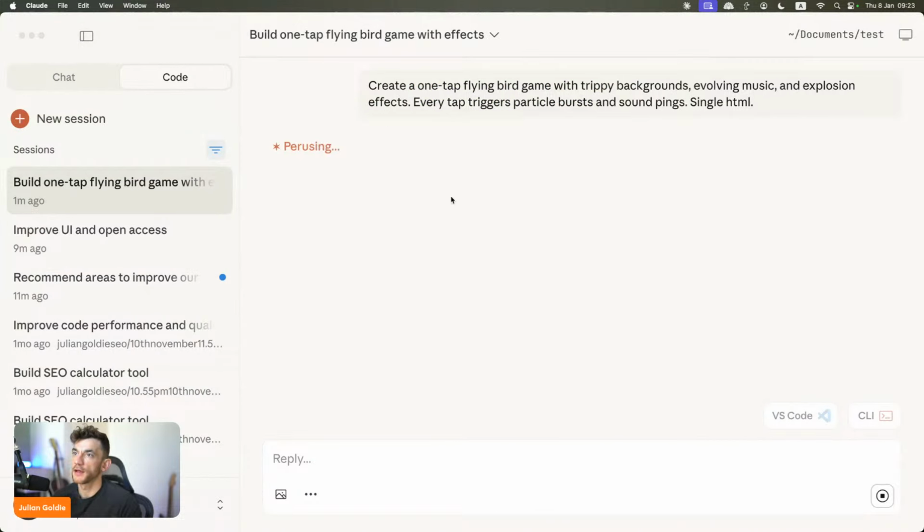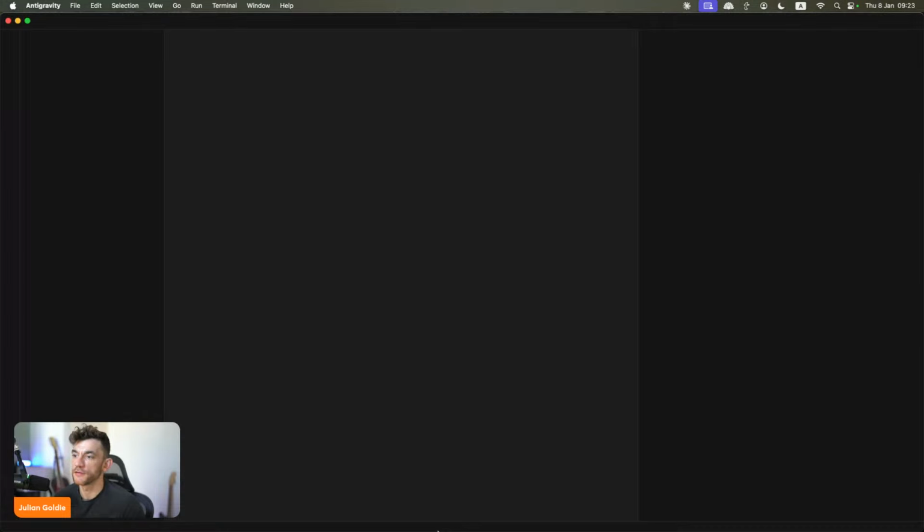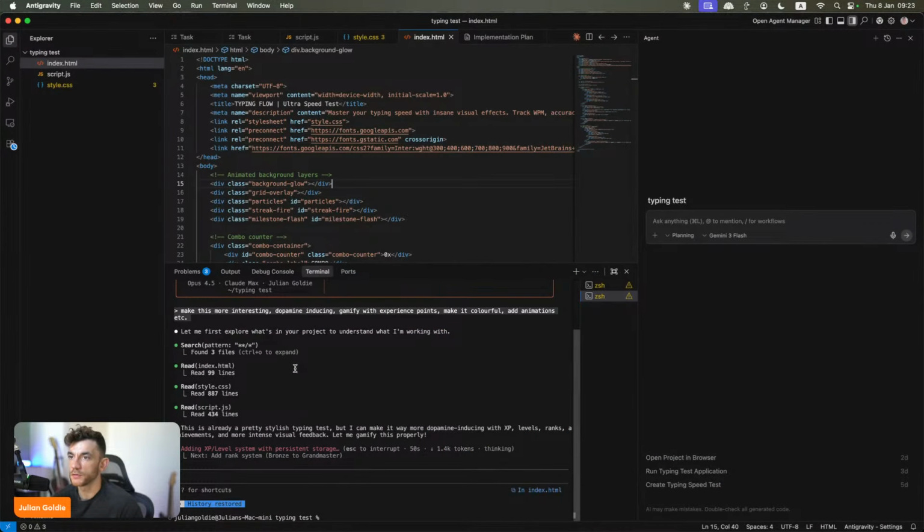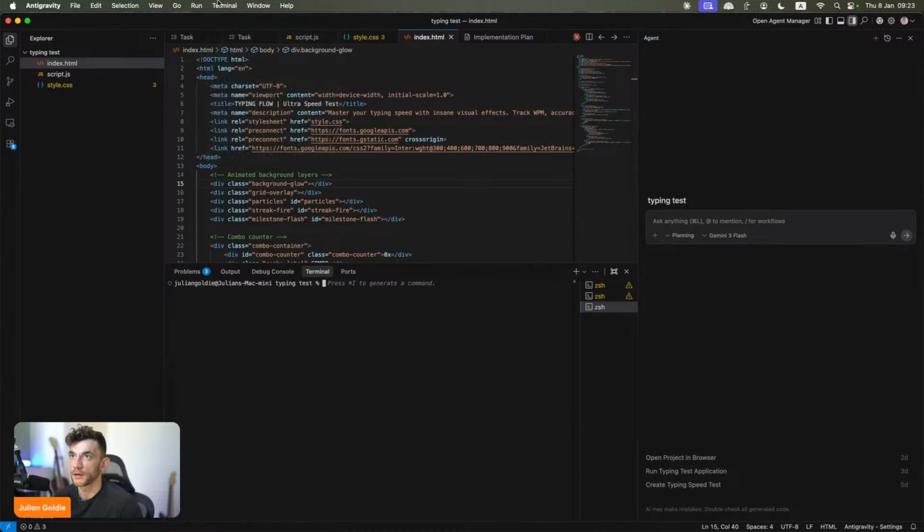There are some people asking, is Antigravity or Claude Code better? Honestly, I would say that Claude Code is much better, right? It's just way more powerful than Antigravity, and there's so much you can do with it. A lot of people don't even use Claude Code for coding; they use it more as an agent, which is pretty cool. But if you do want to use Claude Code inside Antigravity, this actually makes it a